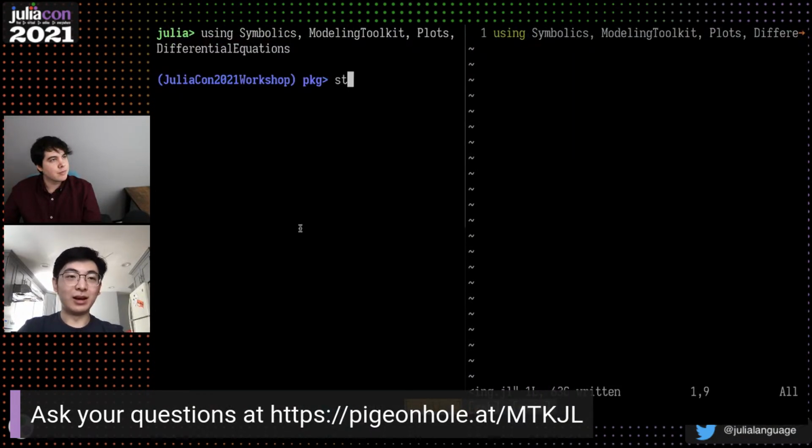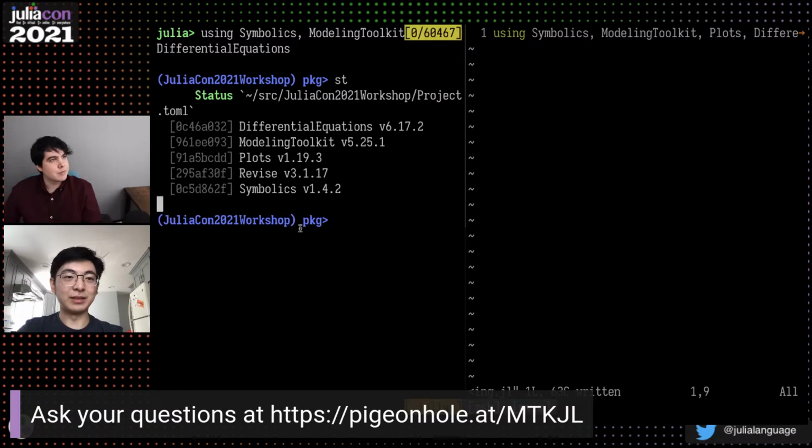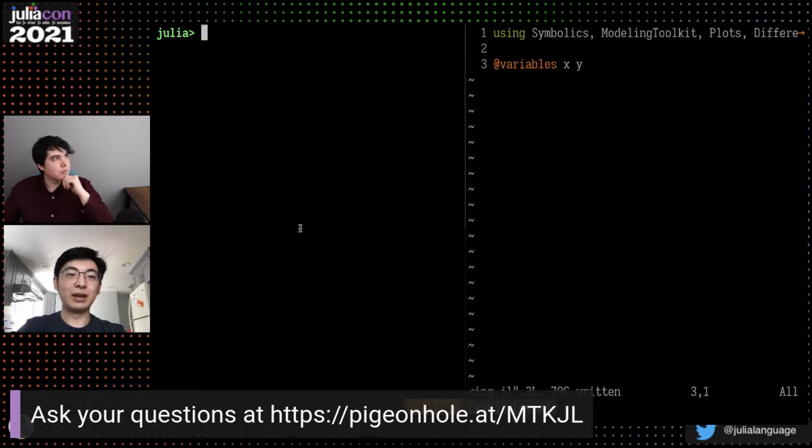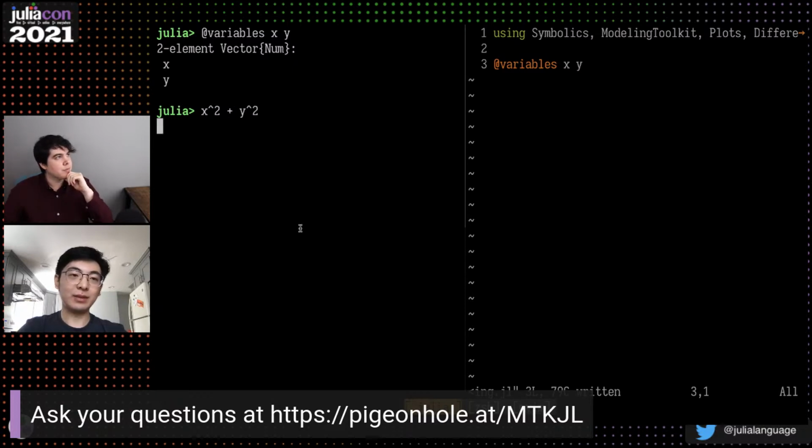So first of all, let's set up the environment. In this environment, I have differential equations, modeling toolkit, plots, rewrites, and symbolics. So first, we can define two variables, x and y. And then we can build symbolic expressions by evaluating symbolic variables like this. So now we have the expression x squared plus y squared. And of course,